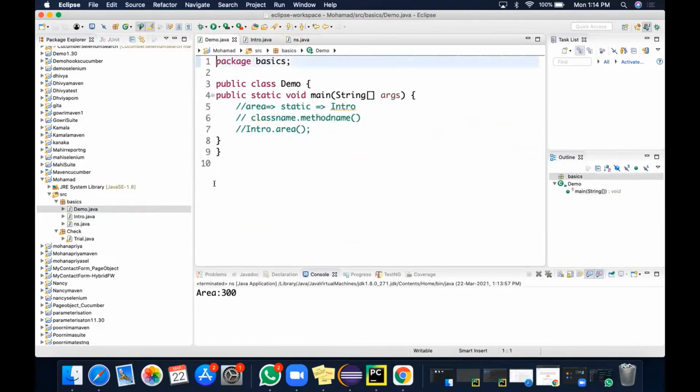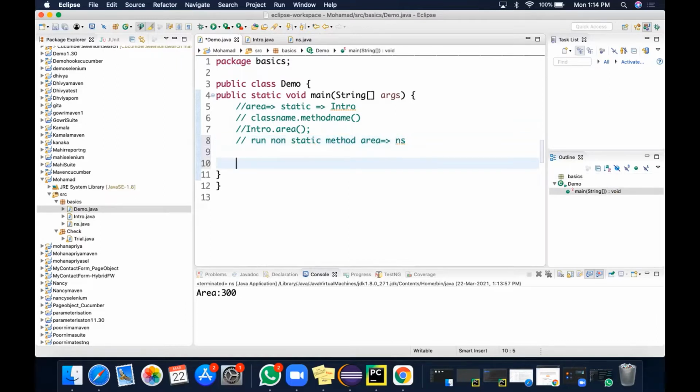So what you have to do, I want to run the non-static method area that is present in the NS class in a different class in the same package. Now I'm trying the same package. Object name dot method name. So it is class name, object name equal to new class name.